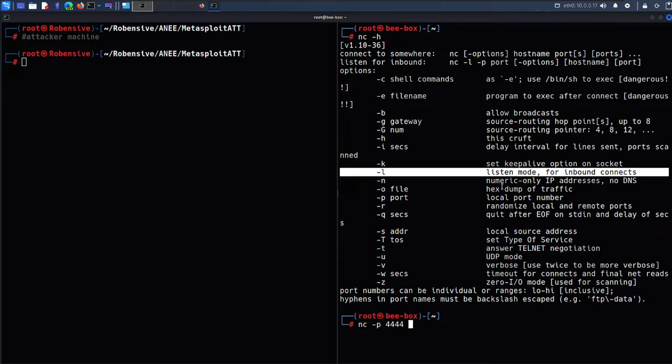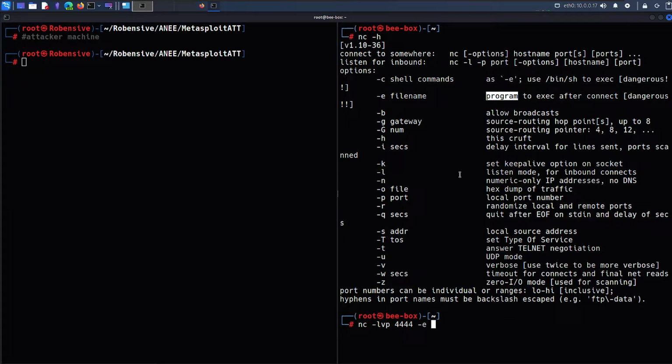-l will enable listen mode. So let's add -l for listening mode. Along with that, I'll add verbosity. It's not required, but it will tell you what activity is being performed, right? So -l, -v is for verbose, and -p is for port. I can do the same thing by typing lvp altogether, just as simple as that. So nc -lvp 4444, along with the execution